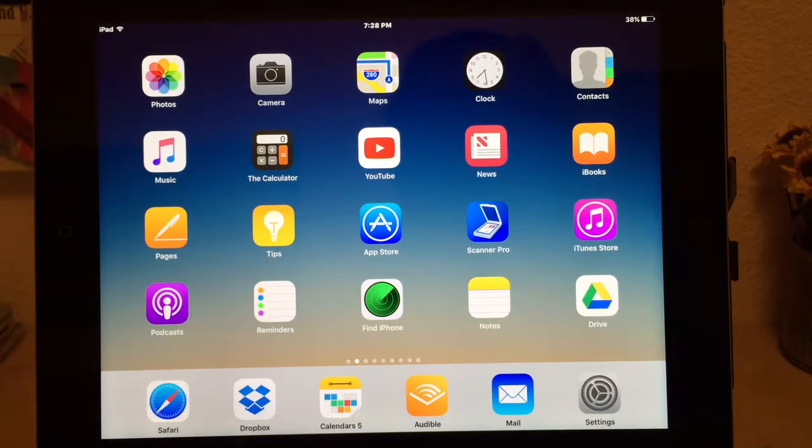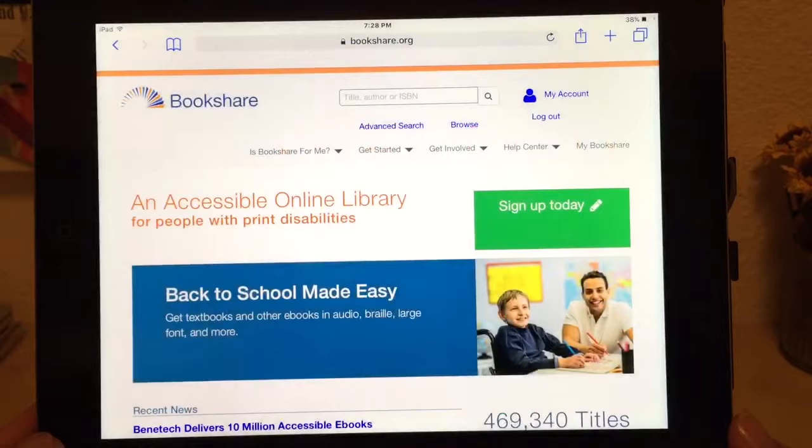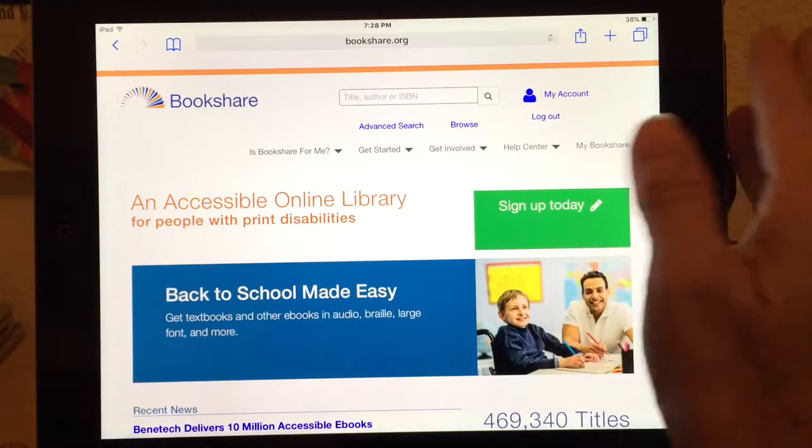It is a beta feature now, but everyone can turn it on. Your students would need an individual account to select that for their own device. So if you open up Safari, you're going to go to Bookshare in Safari, and I'm already there. I'm logged into my Bookshare account. If I select my account,